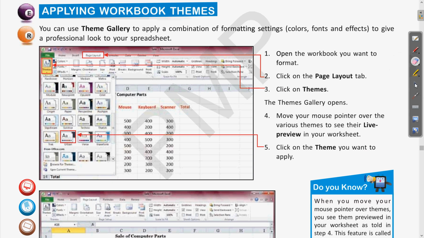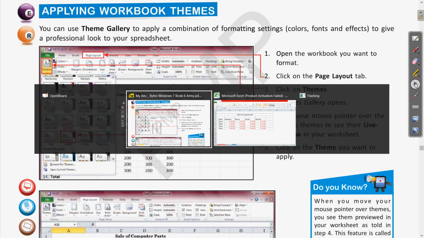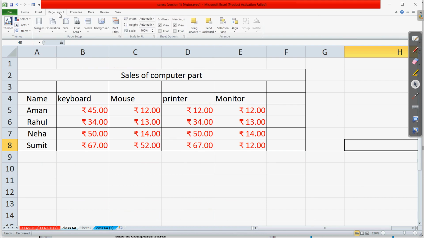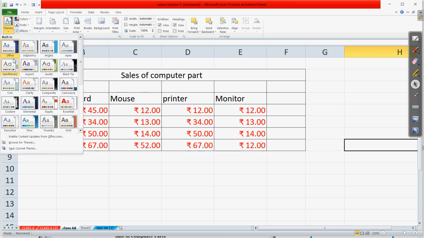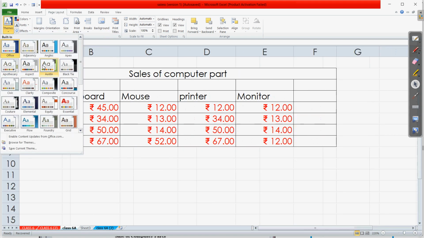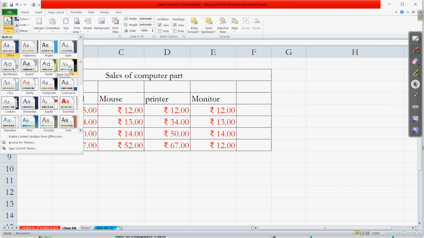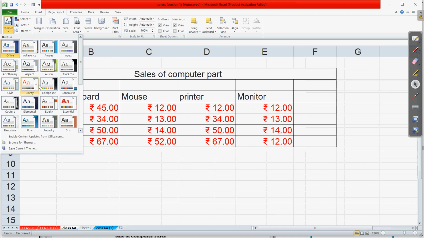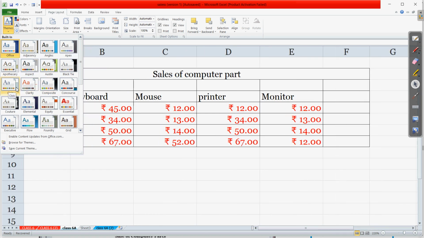So if I erase this, let us come to the worksheet. So here is our data. Now go to the page layout. So here is the page layout tab, and to the left of this we have the theme gallery option. So now you can see whatever theme I am choosing, the appearance is also changing. Clear? You can notice this, the style, the font and color, these are changing for the values which are there in the worksheet.